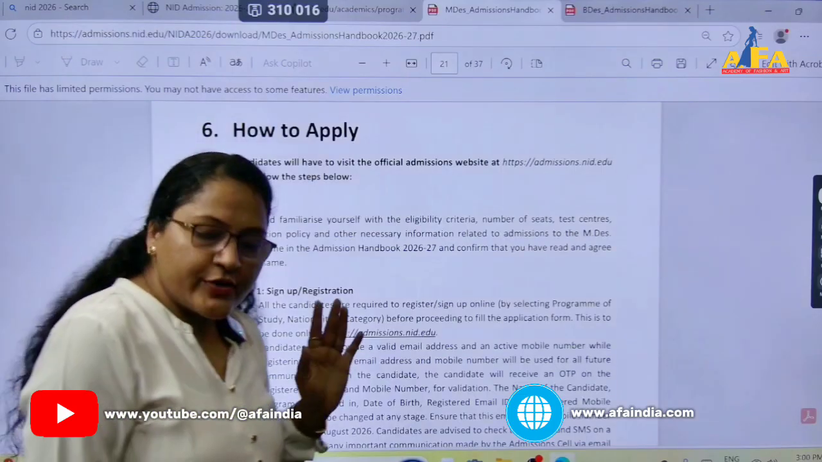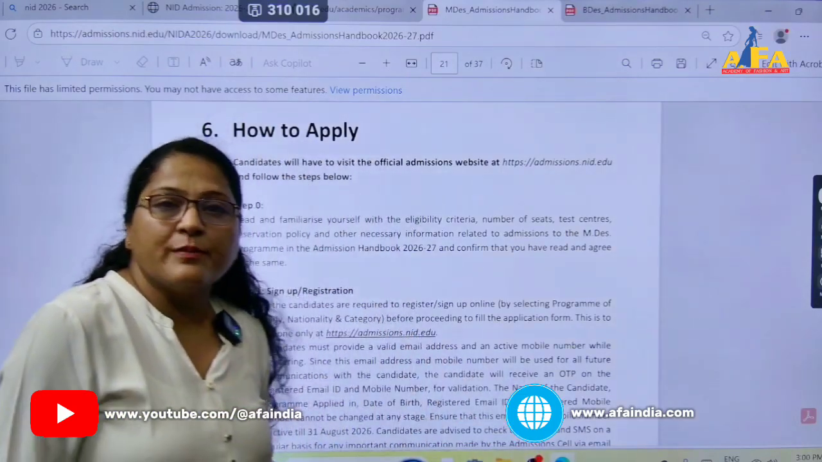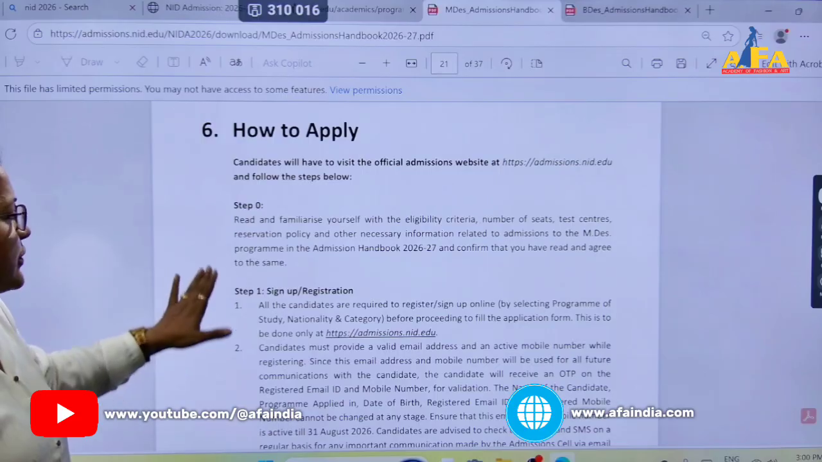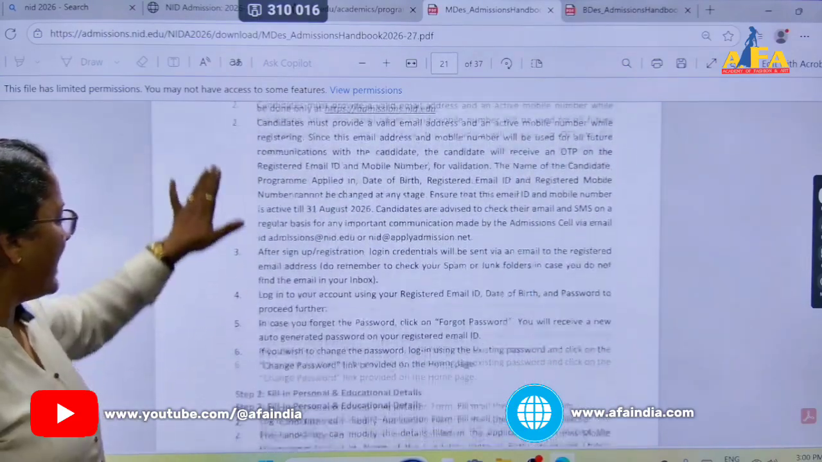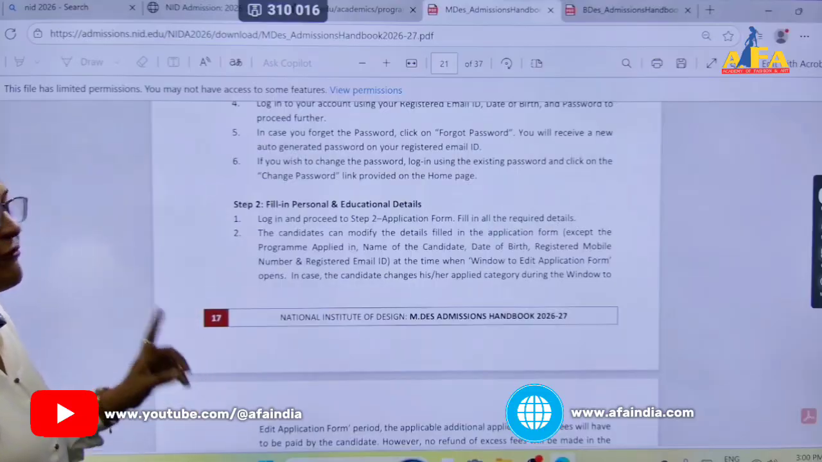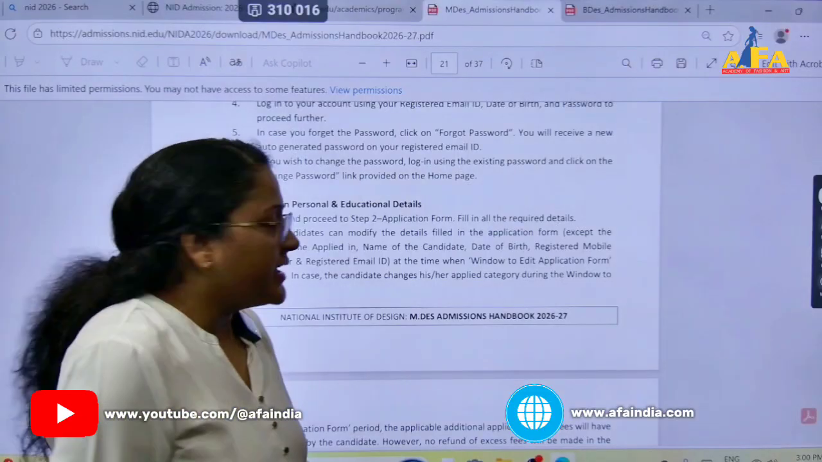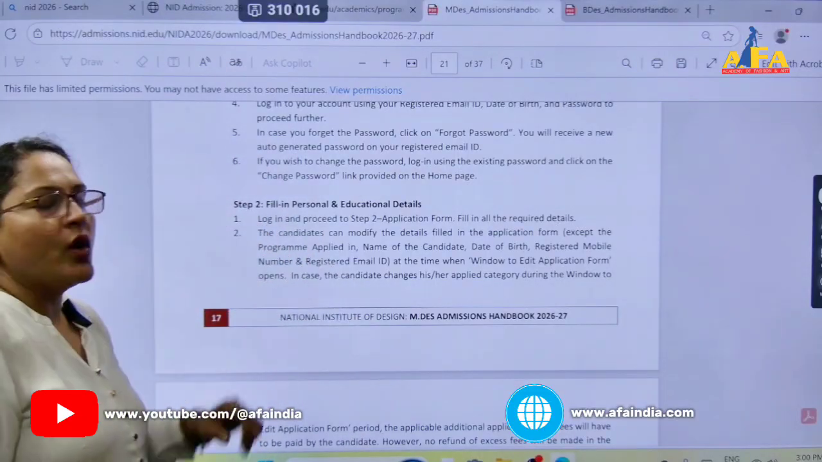Application process, so it's a 4-step process. First you will be doing the sign up. After doing the sign up, you will be getting a registration link in your registered email ID. Once you receive the link in your registered email ID, then you need to fill in all the personal and